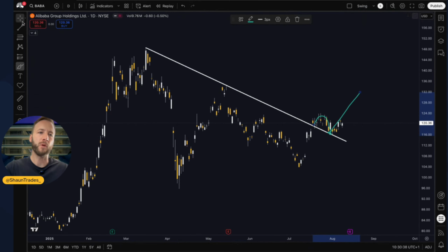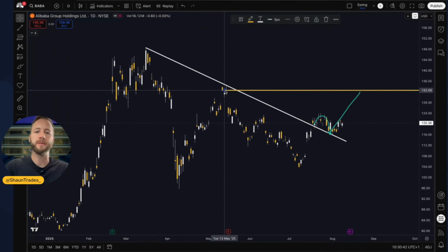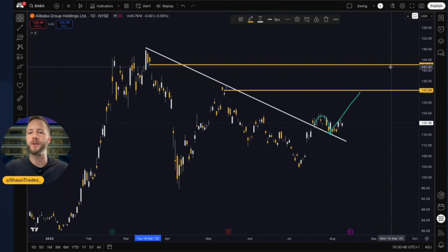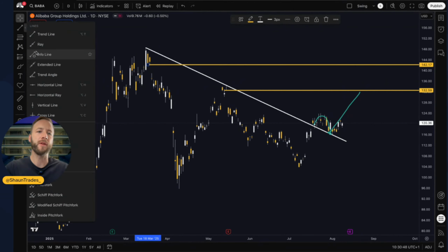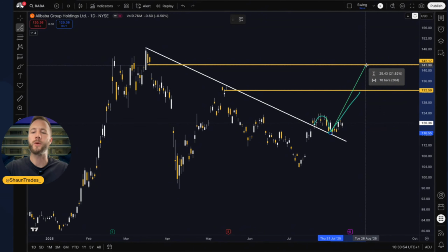And I would be looking for, as a target profit zone, gap fills. So we've got one here, one here. So one's 132 and one's 142. So representative of that, if we entered this trade on the trend line retest, we would have a 13% return and a 21% return over time. Of course, this is a swing trading point of view,